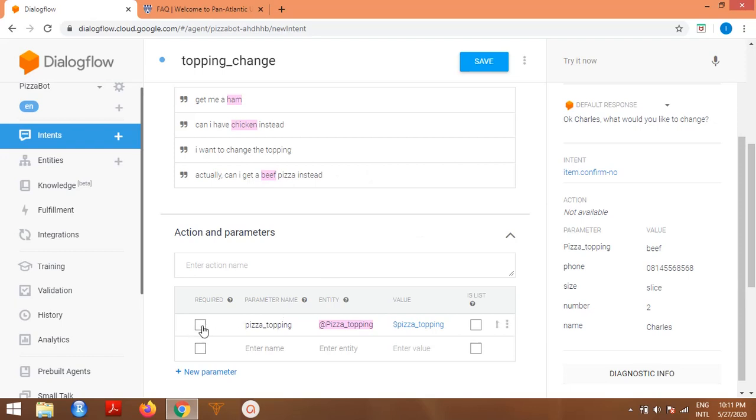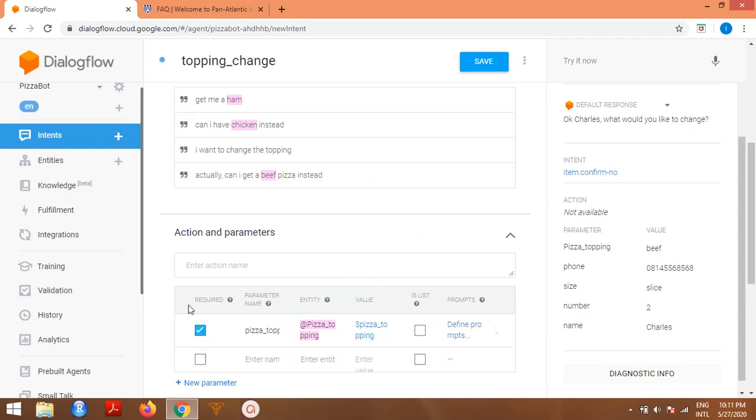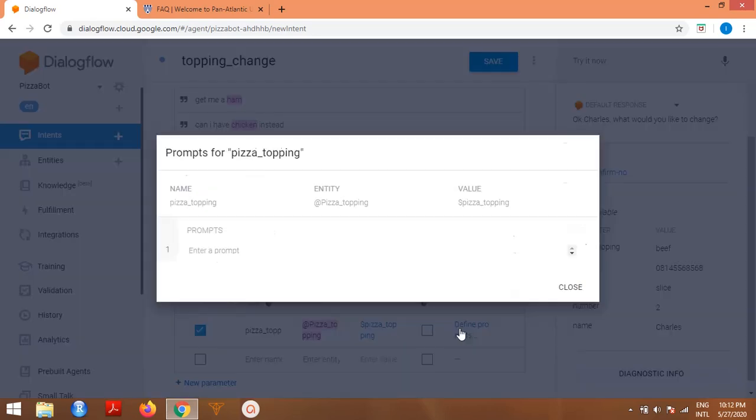So we're going to make this required. Since we are only changing the toppings, we are not going to set this as default. We're going to write a different prompt for it. Okay, I hope the concept is clear. So in the prompt, we can say,